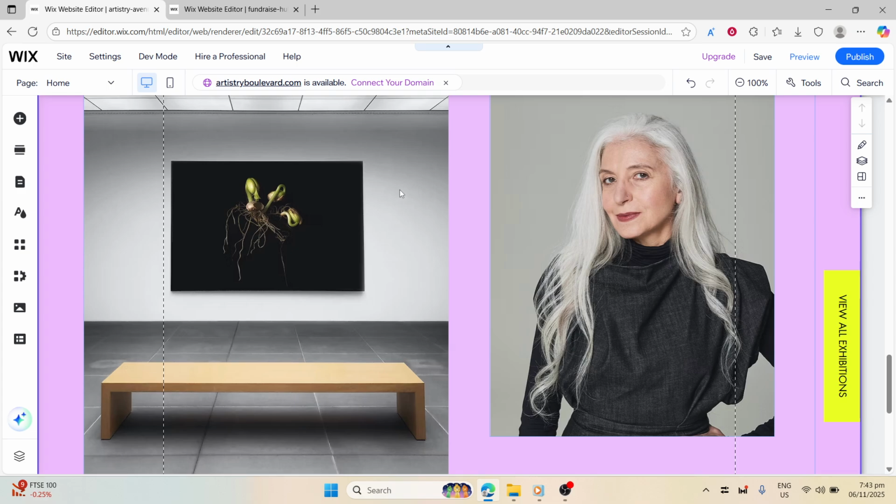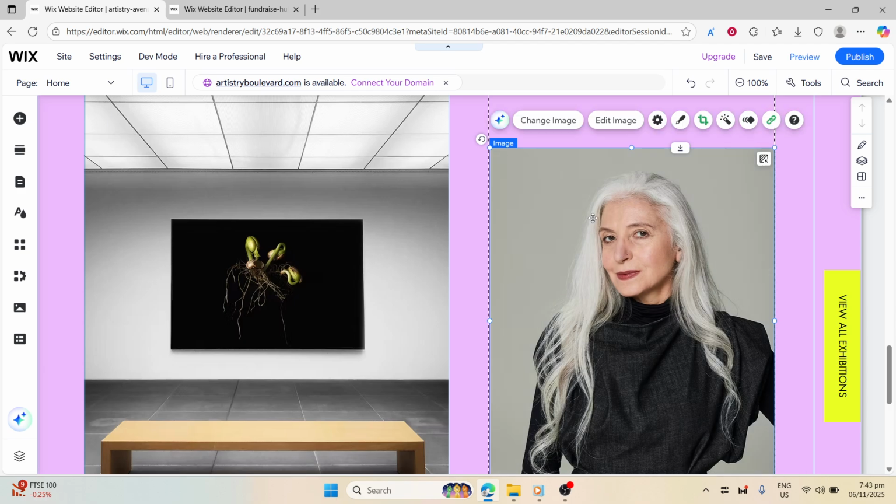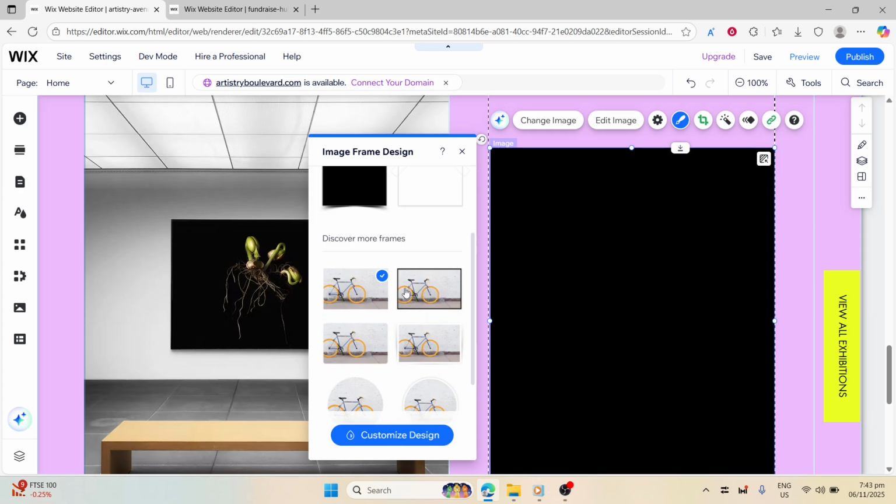First off, you'll need to identify the image you want to modify on your Wix site. Once you have that image in mind, go ahead and click on it. This action will prompt a series of editing tools, allowing you to make modifications to this particular image. Next, you should look for the design icon represented by a paintbrush. Clicking this will open up more design options, providing you with the ability to choose from a variety of visual